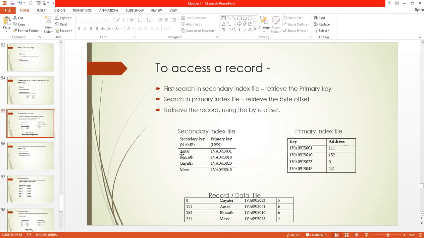So I add it here. I have to find its position, because it should be in sorted order. Its position is here, the second, ASH, fine. So I have to shift the records below one by one, and place the record of Ashmita here. Similarly, depending on the USN, this primary index file is also sorted.